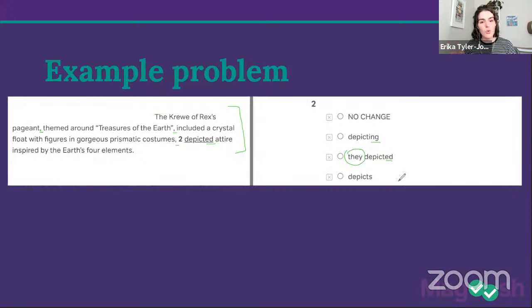So what I'd like you to do, again, I haven't given you the tools to break down the sentence, but I want you to try. I want you to take 30 seconds and then in the chat or in the poll, go ahead and answer for me. Do you think the answer is A, B, C, or D? Again, I'm expecting a guess. So do your best, but we are going to come back to this one with better tools in a second. A, B, C, or D, with the first one being A, second one being B, third one being C, fourth one being D.